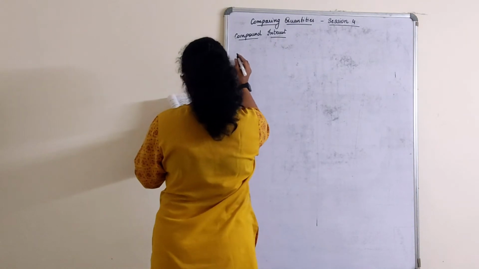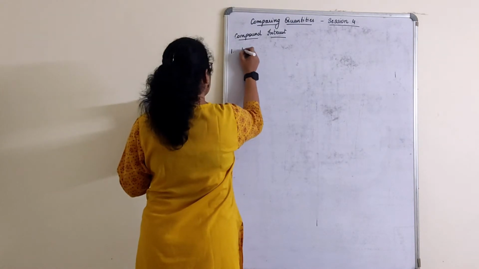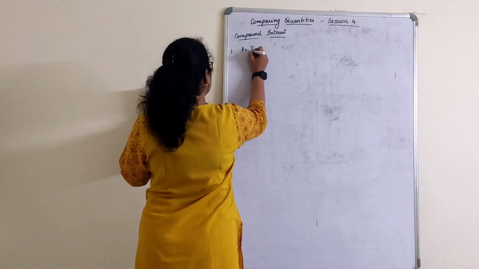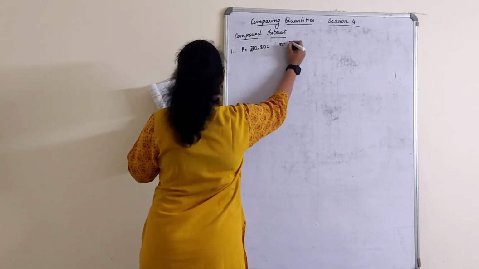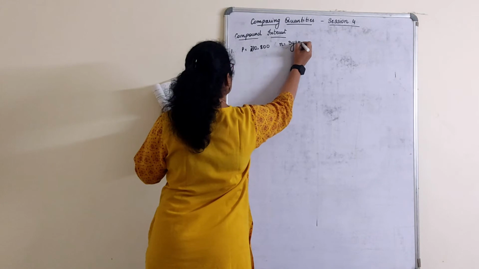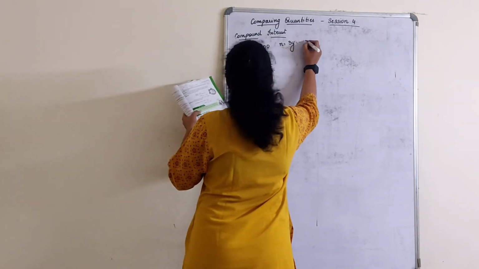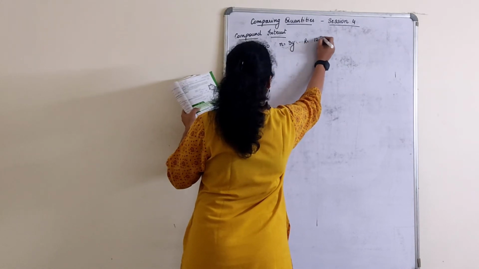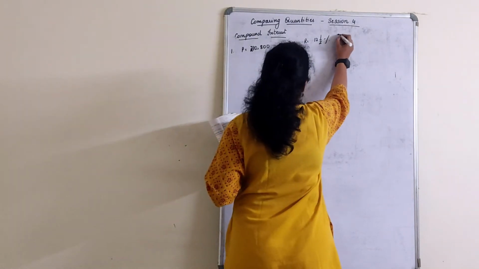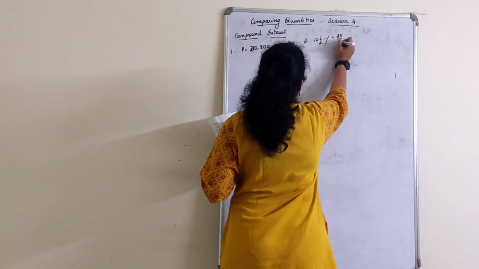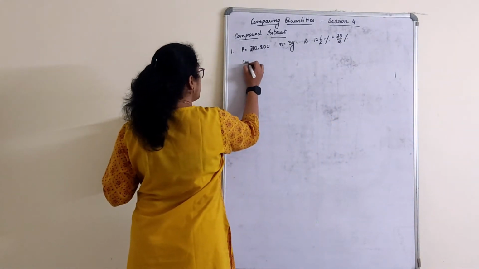Calculate the amount and compound interest on. Exercise 1 first. Rupees 10,800. So principal we go on writing as per the known part. 10,800, where time is 3 years, and rate of interest is 12 1 by 2%. If you want, 12 twos are 24, 25 by 2%. Compounded annually. That is more important to know.